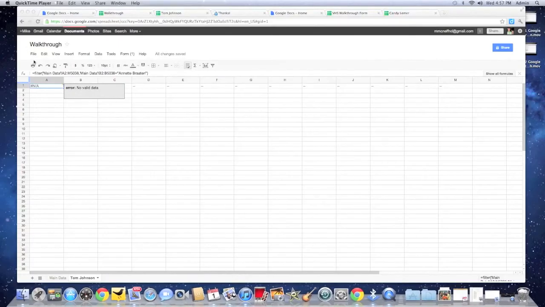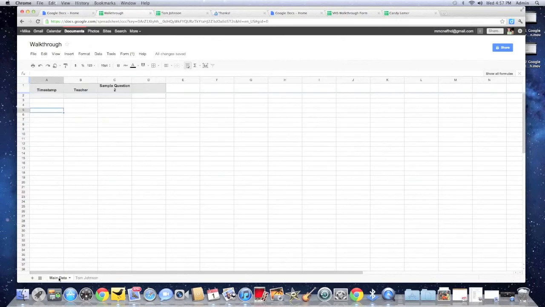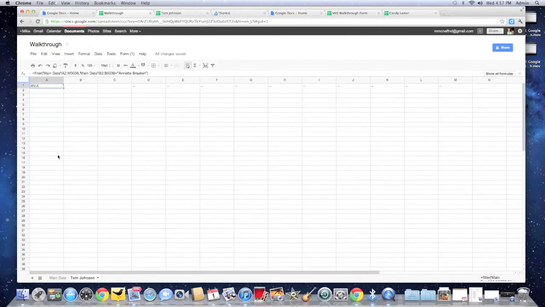Back in my document again, taking a look at my walkthrough document here, we've got to do a couple things so that they work together a little bit better. First of all, we've got to be able to filter from our main data to our teacher. What you need to do is take a look at this highlighted piece here, and you're going to need to have that exact